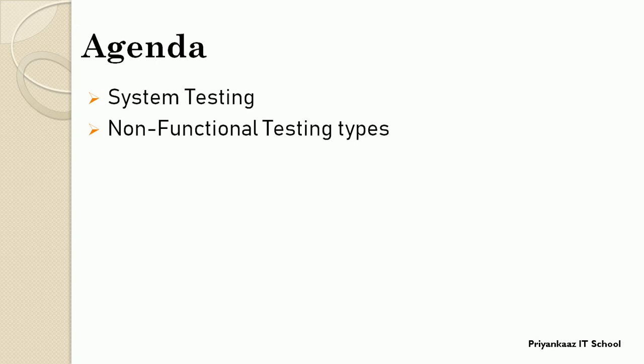Now the question is how we can judge that software is quality software. See, suppose there is one software which is working correctly functionality-wise, right? That means you are getting output as per the expected result. But suppose that software is taking too much time to provide that output, then definitely no one will use such a software application. So along with functional parameters we need to focus on non-functional parameters, that is nothing but speed, look and feel of the application, easiness of the application, right? So we need to focus on these parameters.